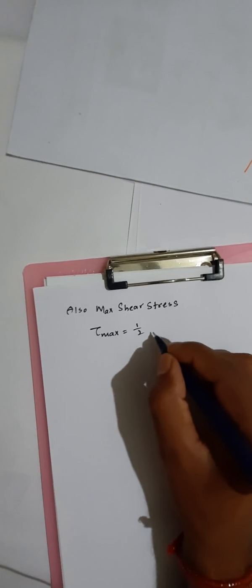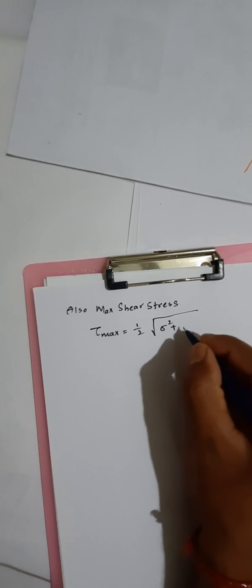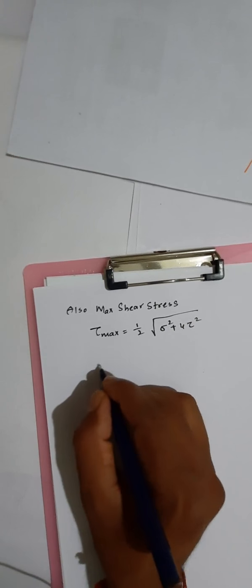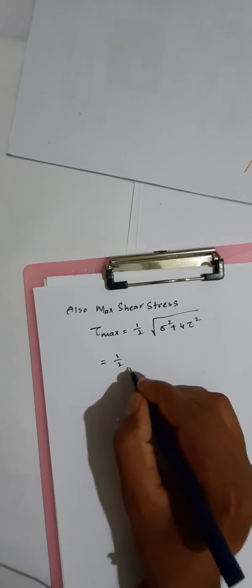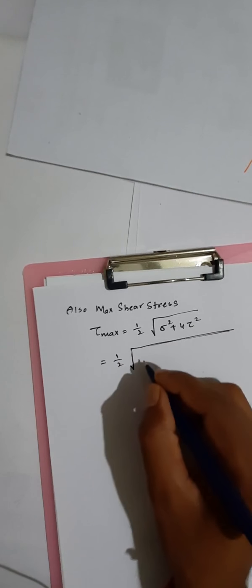We know the equation, that is tau max is equal to half into square root of sigma square plus 4 tau square. If you substitute all the values into that equation, half into square root of,